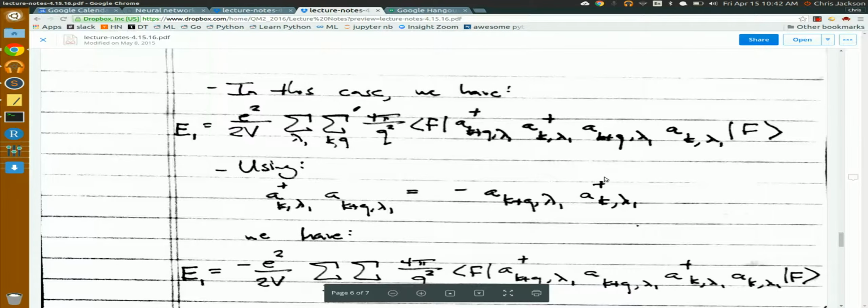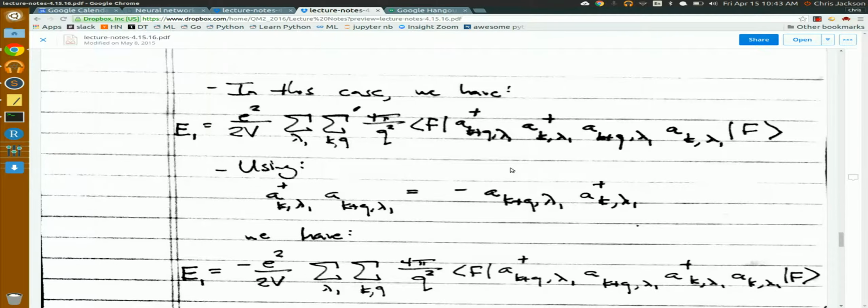Okay, so these guys have different momenta, right? But they have the same spin. So if they have different momenta, then if you compute the anti-commutator of A and A dagger, so let me just write it. If I compute A K, A dagger K, if I computed this guy,